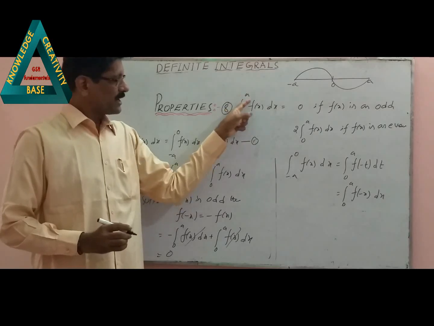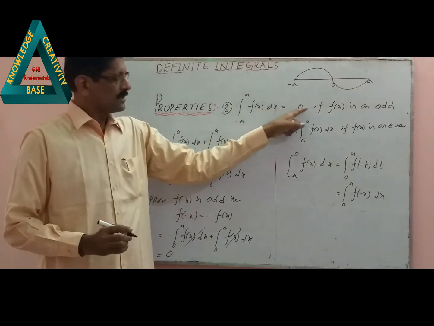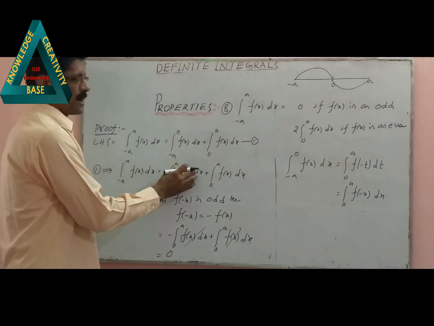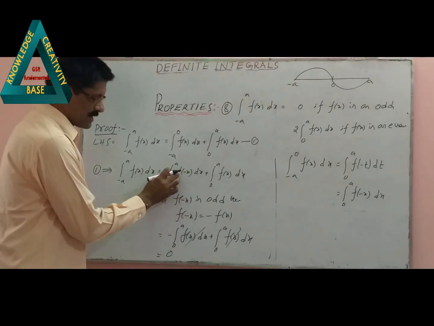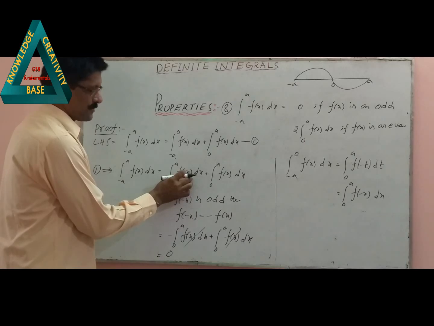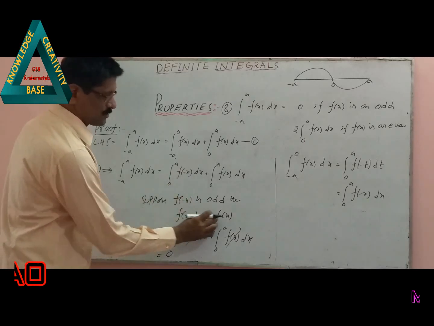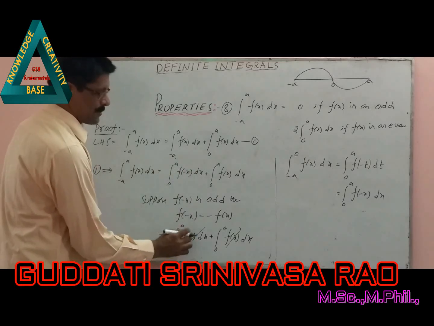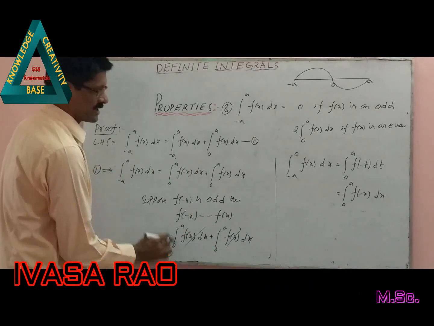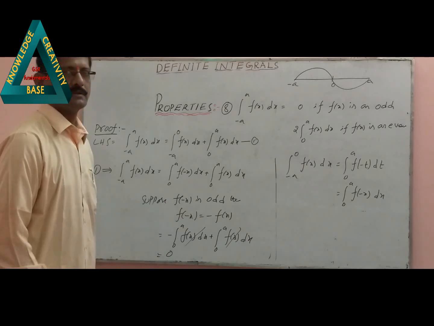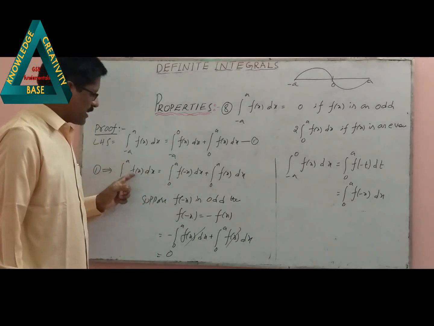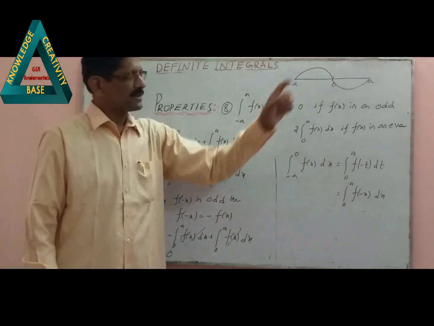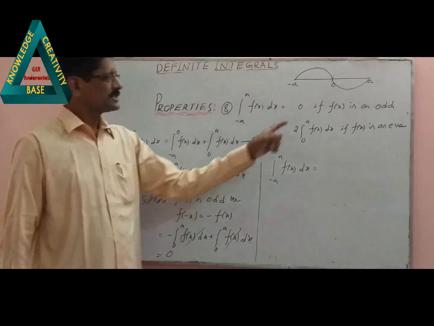Integral minus a to a f of x dx is equal to 0 if f of x is an odd function. So దీని వాల్యూ మనకి 0 అని వచ్చింది ఎప్పుడు ఆడ్ ఫంక్షన్ అయినప్పుడు. అంటే ఇక్కడ చూడండి మనకి ఆడ్ ఫంక్షన్ అయినప్పుడు బై ది డెఫినిషన్ ఆఫ్ f of minus x is equal to minus f of x. అంటే దీని ప్లేస్ లో మైనస్ f of x అని రాసుకుంటాం. అప్పుడు ప్లస్ క్వాంటిటీ మైనస్ క్వాంటిటీ క్యాన్సిల్ అయిపోతే అంటే 0. So integral minus a to a f of x dx is equal to 0 if f of x is an odd function. So first case is over.